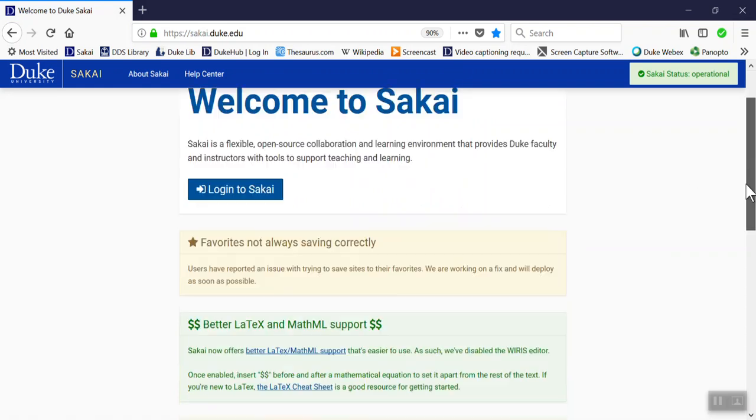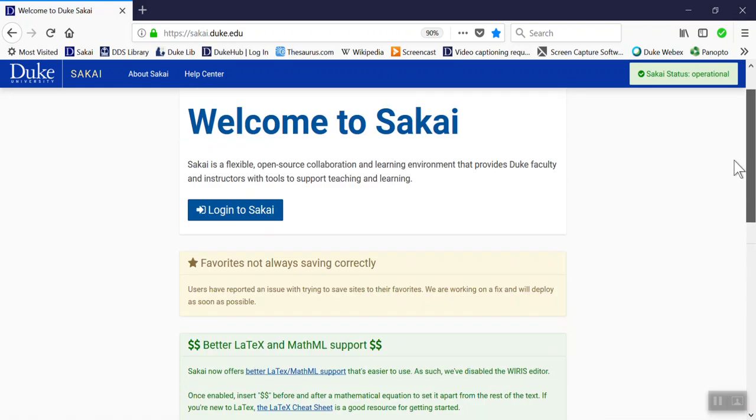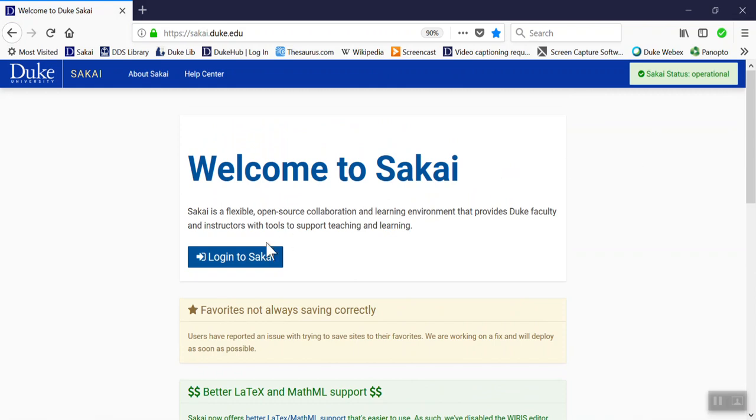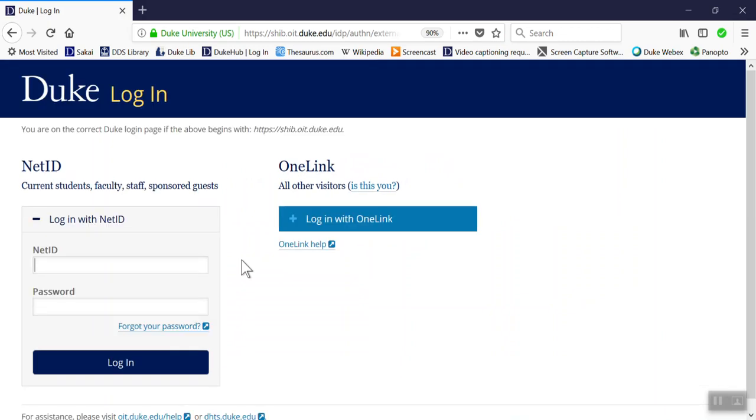The information on this page is not particularly useful to you. Although you can go and learn about Sakai there, most of what you need you can find by hitting the Login to Sakai button. Once you've done that,